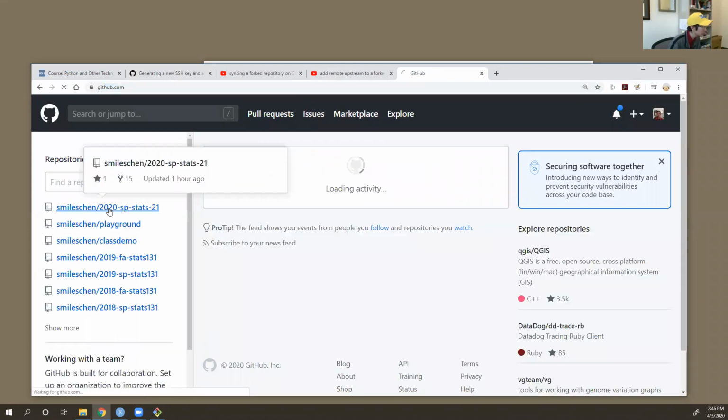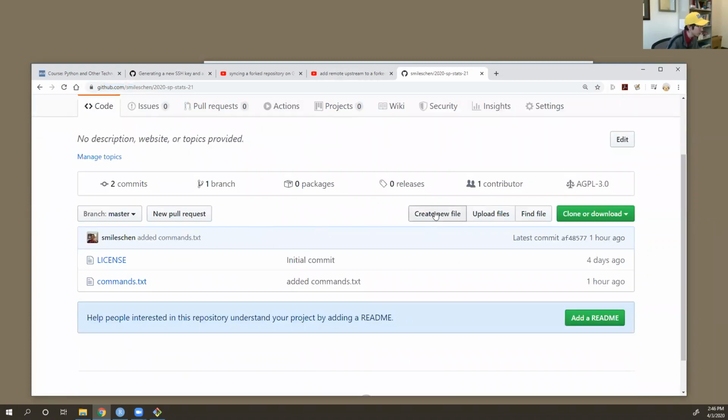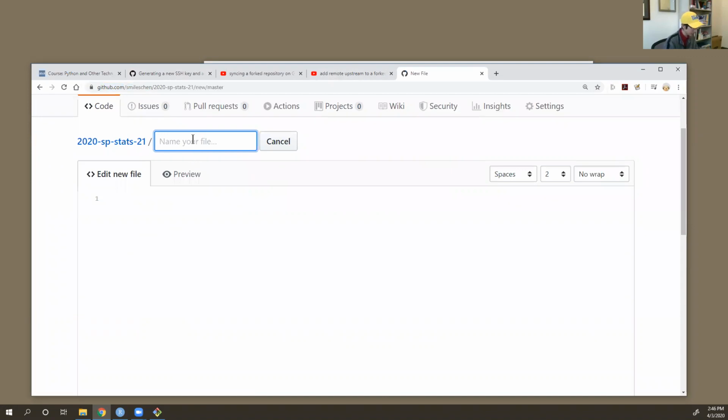So if I make a change to my repository, the class repository, all right? So let's say I create a new file, and we're gonna call this new.txt, and this will be the professor adds a new document to the course repository,